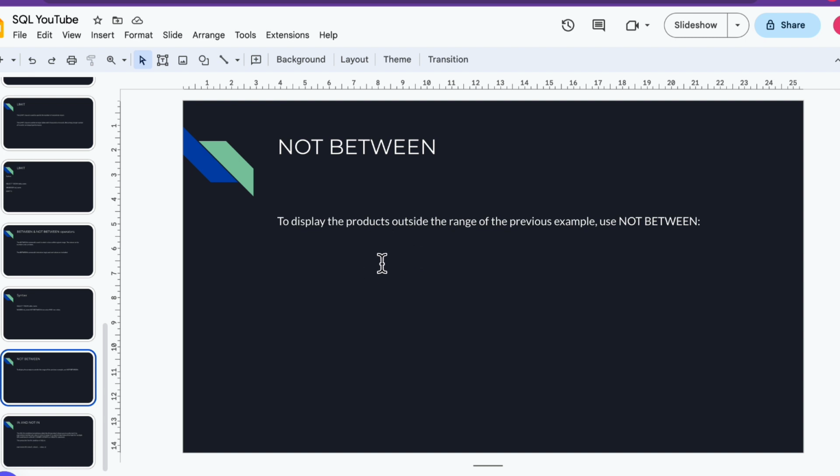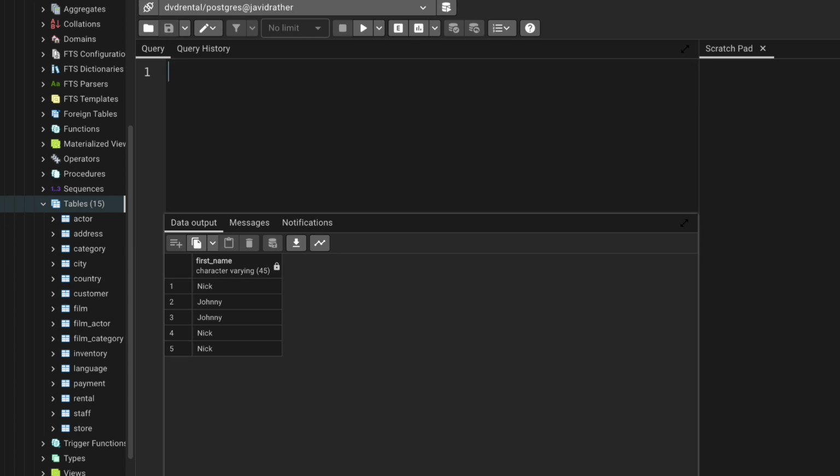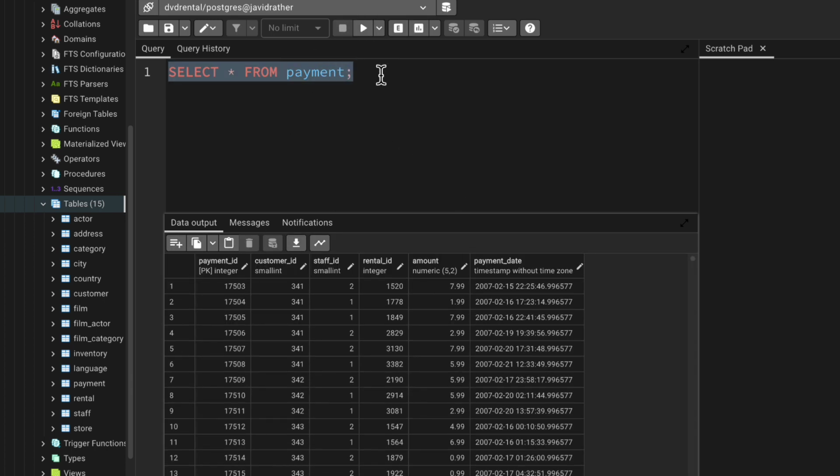Now we are going to do it practically in pgAdmin 4. Let's head towards pgAdmin 4 and try to do it practically. We are going to be using our payments table from this. Let's type in payments. This is our payments table, and